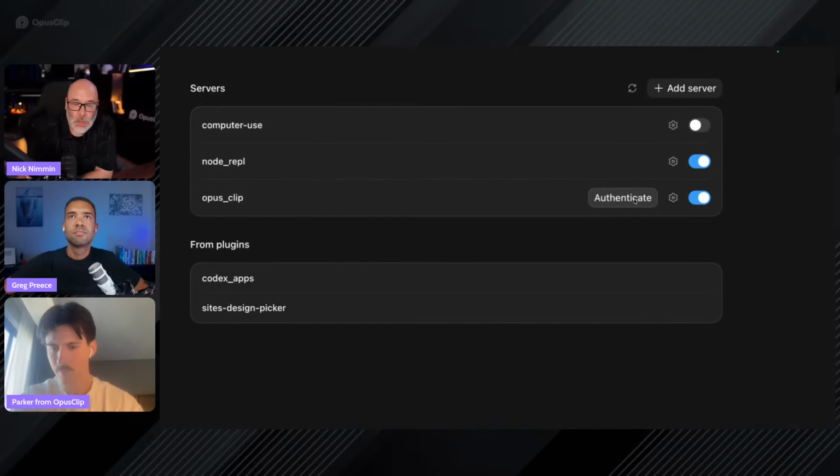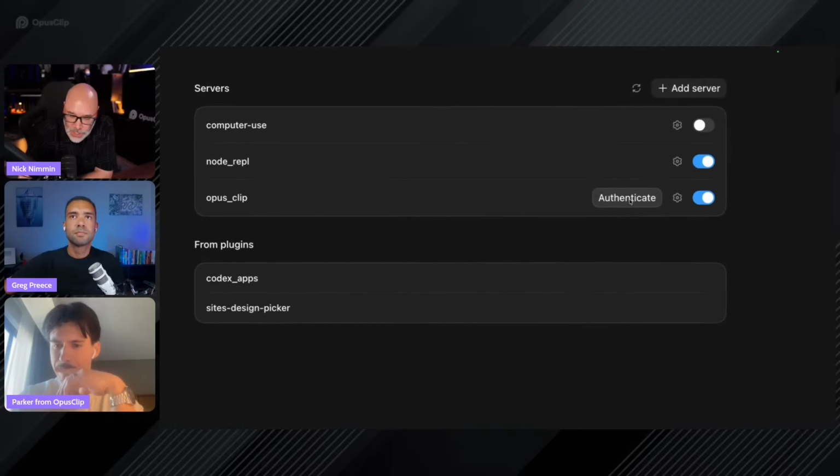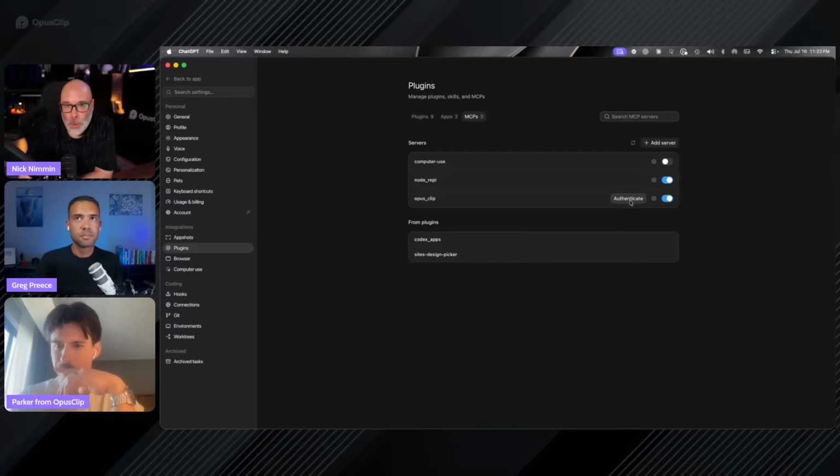Now, because this is accessing an additional website, which in this case is OpusClip, the next thing that we have to do is authenticate. So when you click this button, what happens is this is going to open up OpusClip, and then you have to give it permissions essentially to your account, just like if you're connecting anything else to any of your other accounts. So I'm just going to click on the authenticate button,